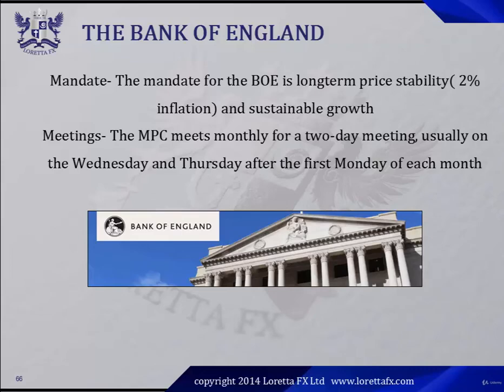Now, it's extremely important because if inflation falls below 1% or rises above 3%, the governor of the Bank of England has to write a letter to the Chancellor explaining the reason why inflation is so far from the target. So, the governor has to write a detailed letter explaining the reasons for this deviation, and later on in the course, you will get a copy of one of these letters.